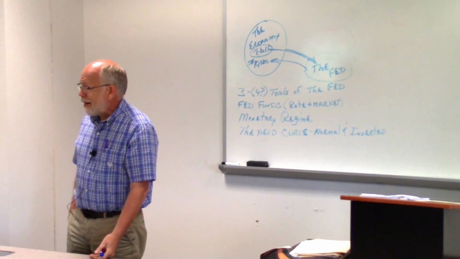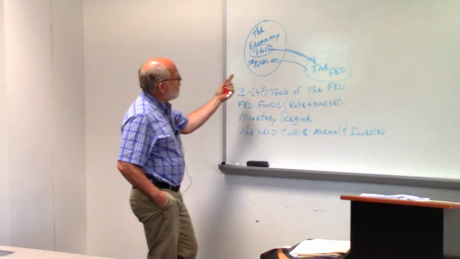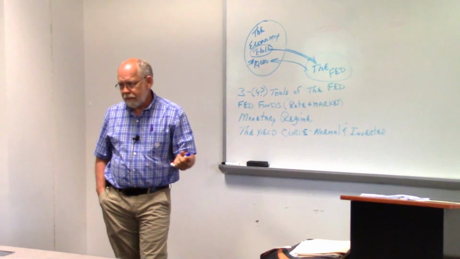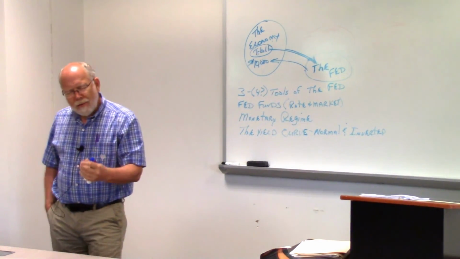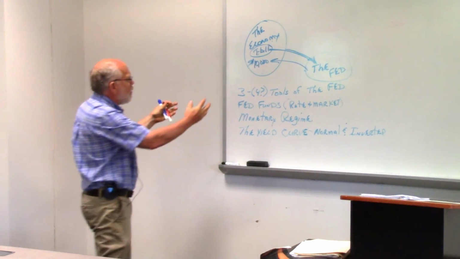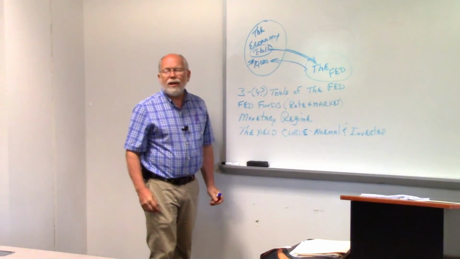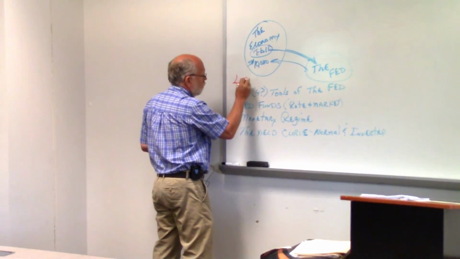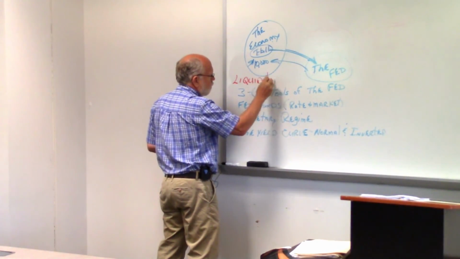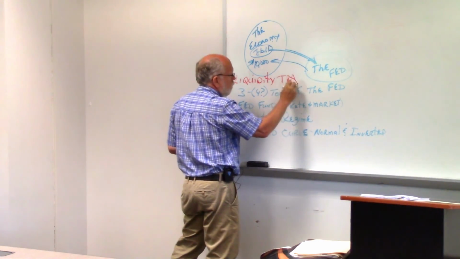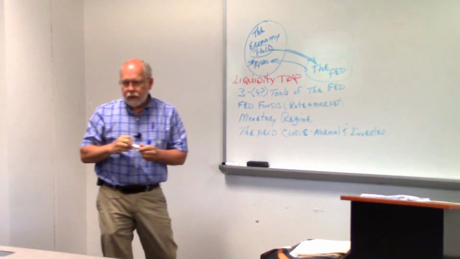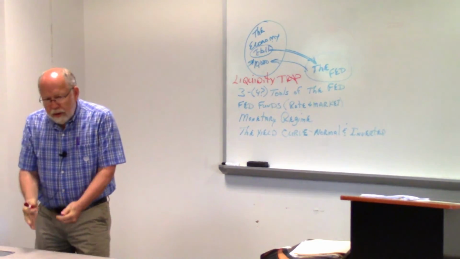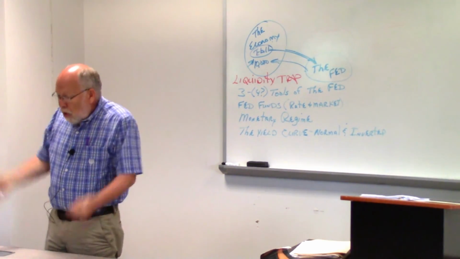If nobody takes out a loan, we can't expand the monetary supply. If nobody wants to take on any more debt, they got all this high-powered money, but nobody will do it. It's called a liquidity trap. Because all that high-powered money is there, the bank can make all sorts of loans, but nobody wants to